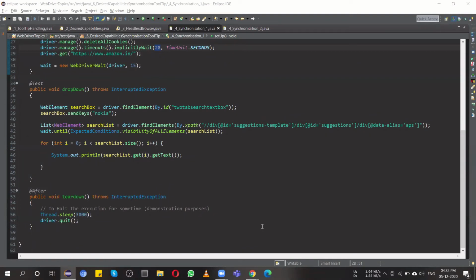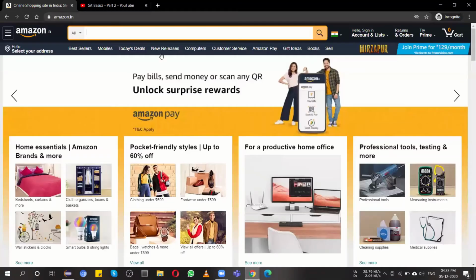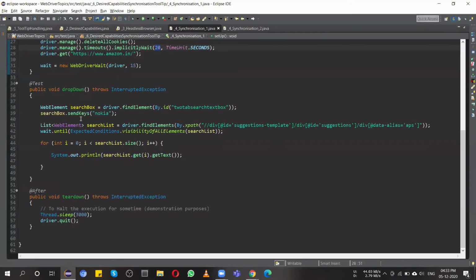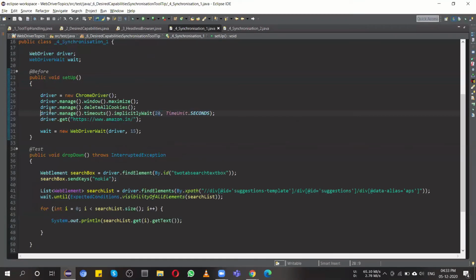So it is giving a maximum timeout for all web elements of 20 seconds, and on the 21st second, if that web element has not loaded in the browser, it will throw the exception. This is what we have been doing for the last 5-6 Selenium sessions.